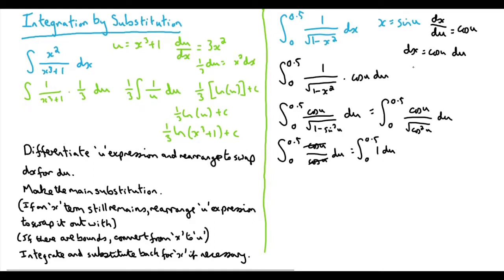So if we just say over here, now we are going to have to do the inverse. So u is the sine inverse of x. Initially, that's going to be 0.5. See what that equals. And then it's also going to be the inverse of when it's 0. Because it's 0.5 and 0, there's no suggestion of pi. We're just going to make sure we're in degrees rather than radians. So if you do the sine inverse of 0.5, you get 30, and the sine inverse of 0 is just 0. So in fact, these bounds here, that's going to stay 0 on the bottom, but on the top here,